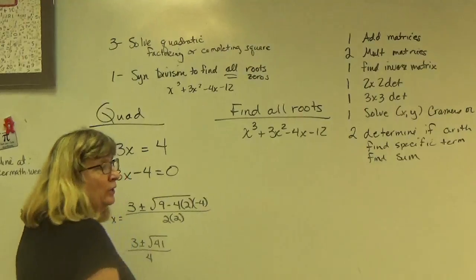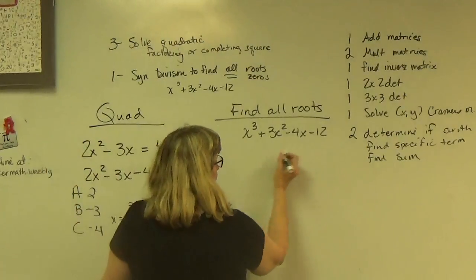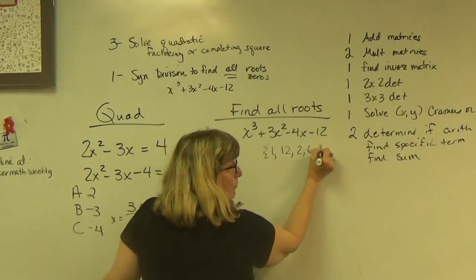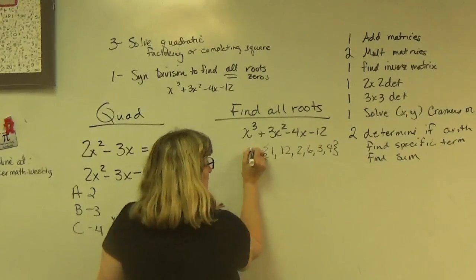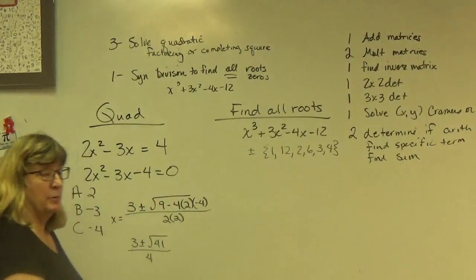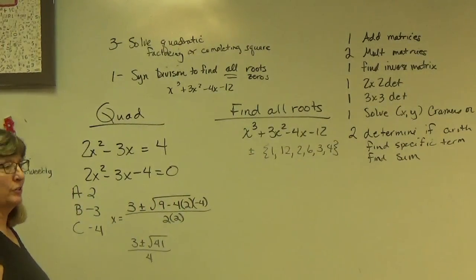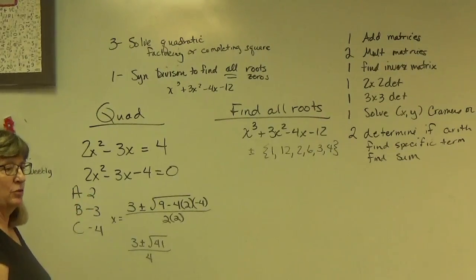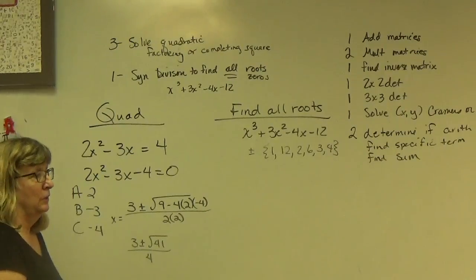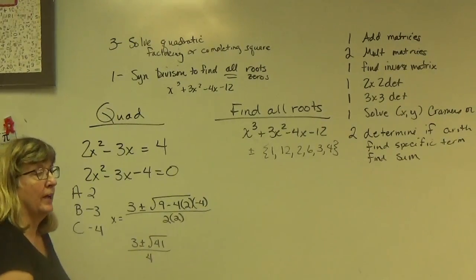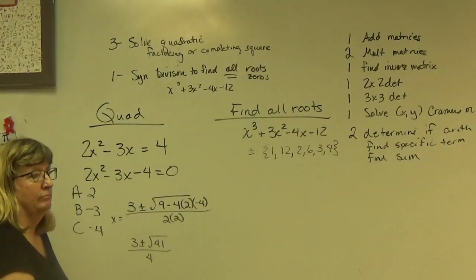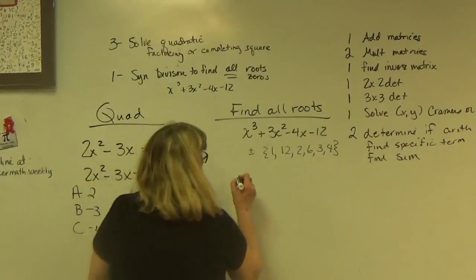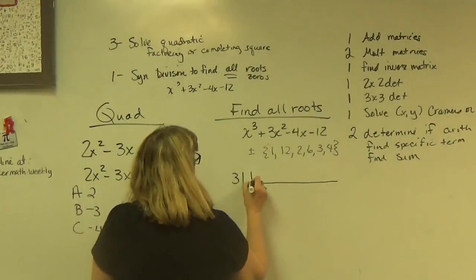Now, what are factors of 12? 1, 12, 2, 6, 3, and 4. You guys agree? So which one do you want to try? Remember, it's kind of like the lottery, is what I call it, because you have to keep trying until you find one that works, that goes to a remainder of 0. Which one do you want to try? 3. So if we divide synthetically by 3,